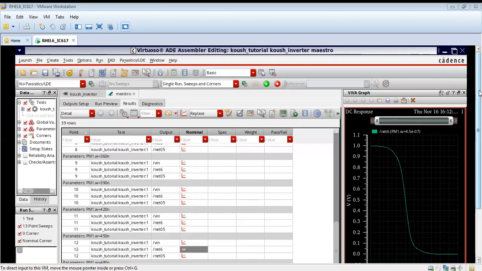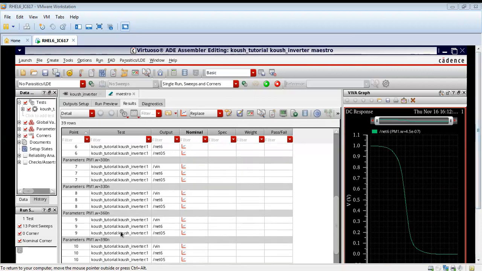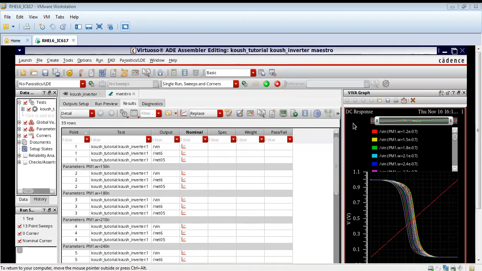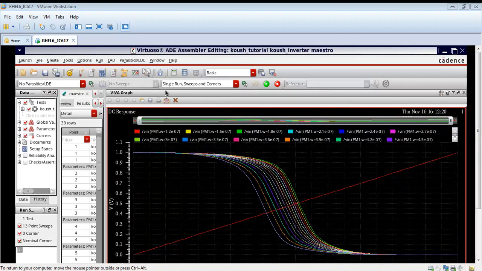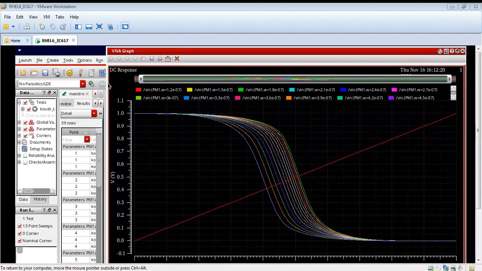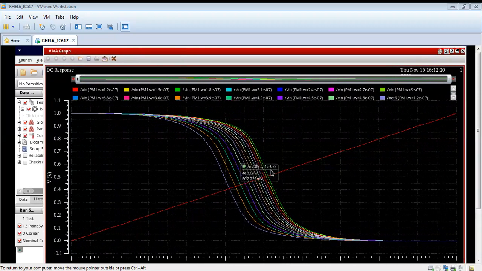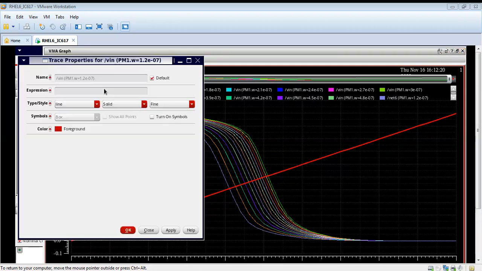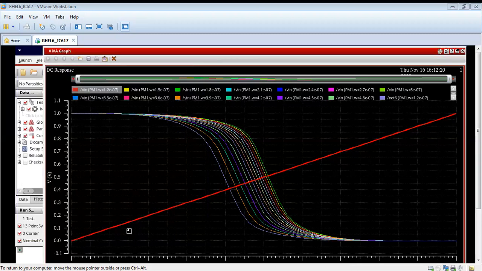It is a very good software for all the students who are learning VLSI design and fabrication, because the CMOS inverter, as we know, is the basic block for fabrication of different digital circuits. We can design oscillators, other gates, and many more applications. So we want the best performance from our CMOS inverter. As you can see, we have optimized the width of the PMOS in this way. We can optimize other parameters also similarly by using assembler. So assembler is a very good tool in Cadence Virtuoso to optimize the performance.